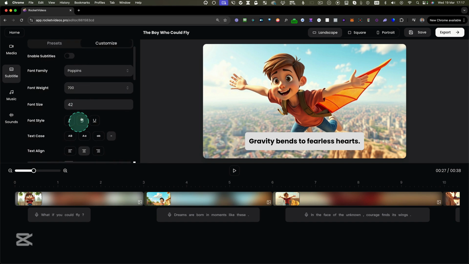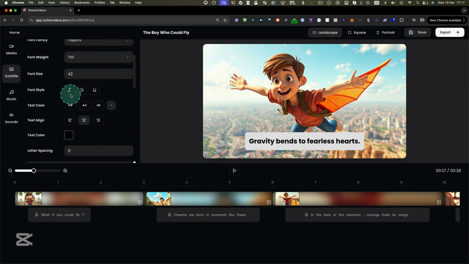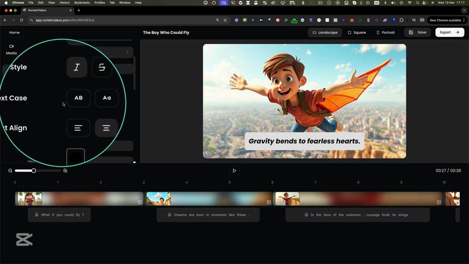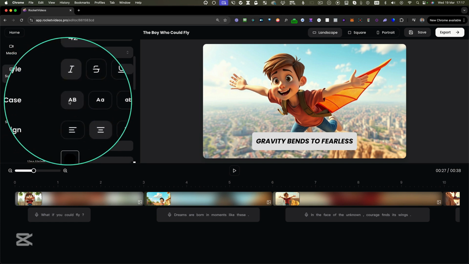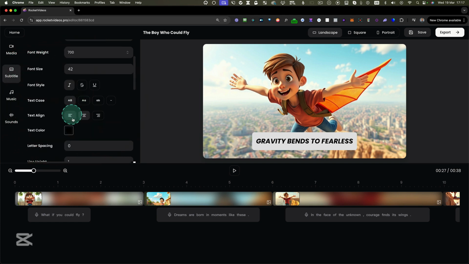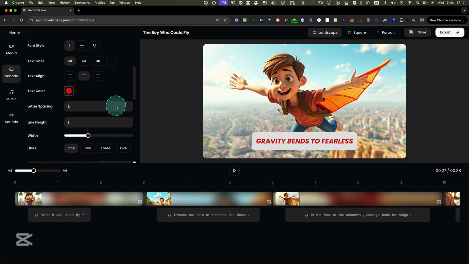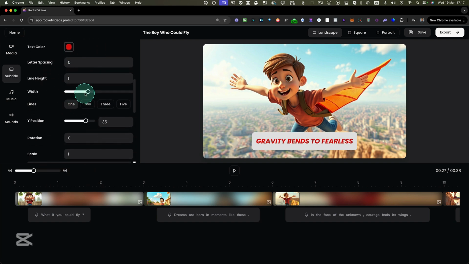And here you can enable all the different options. You can set the font style here. Do you see that? You can make it underline if you like to. You can make the text case. You can set all to capitals, for example. Or you can align to the left or to the center. You can change the text color in here. If you want to make this red, you can do the letter spacing, line height. You can set the width of the